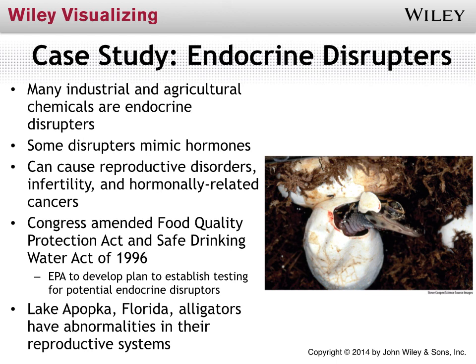Because of this, Congress amended the Food Quality Protection Act and the Safe Drinking Water Act in 1996 to basically develop a plan for testing for these potential endocrine disruptors. And again, we're seeing this in the environment in Florida, where alligators are having abnormalities in the reproductive systems, making them sterile in one way or another. So again, how likely is this to be able to transmit into the human population? Well, it's possible, but again, at this point, we just don't have the research or the data that can tell us exactly what the risk is to humans. But that's exactly why the EPA has mandated us to do a lot more testing on this.